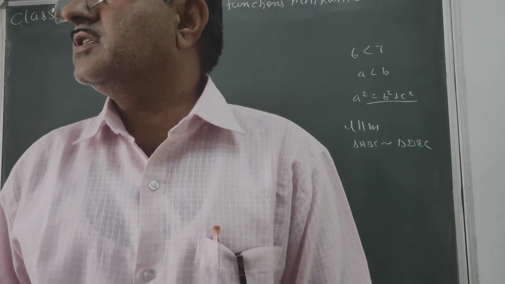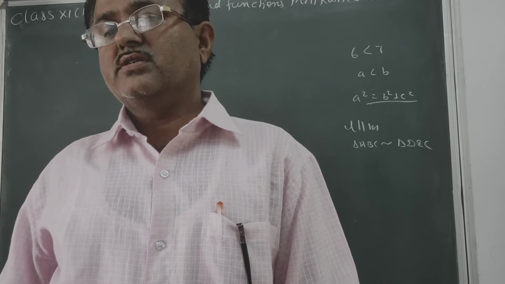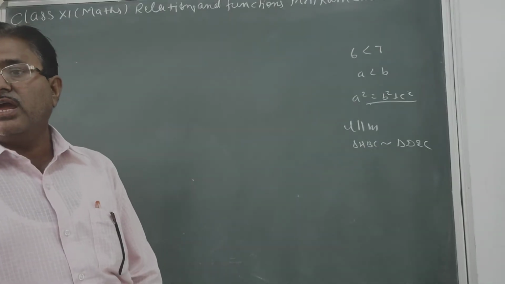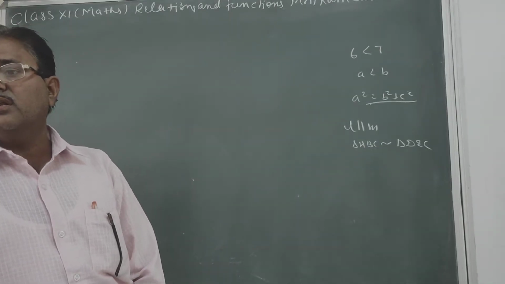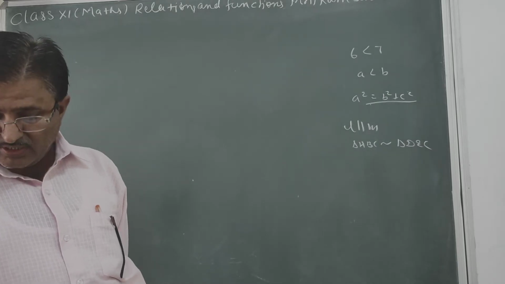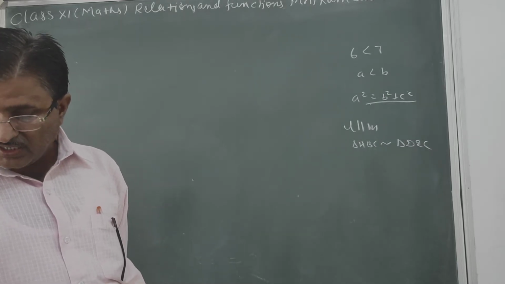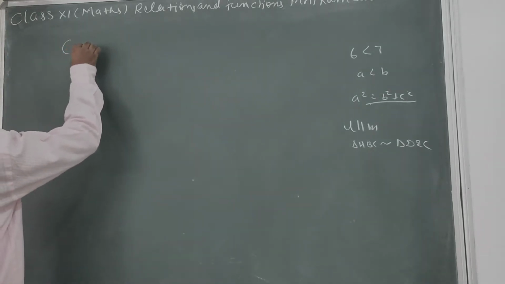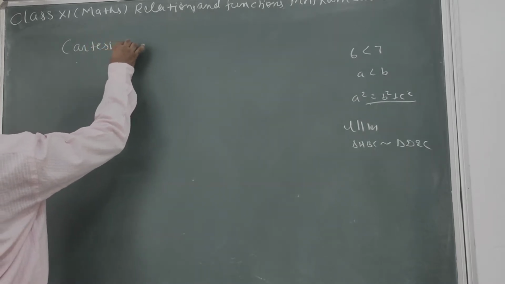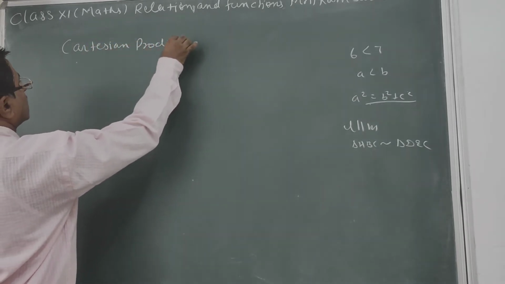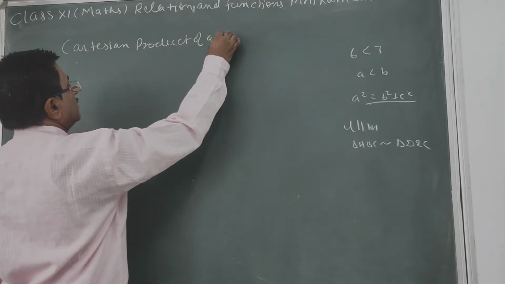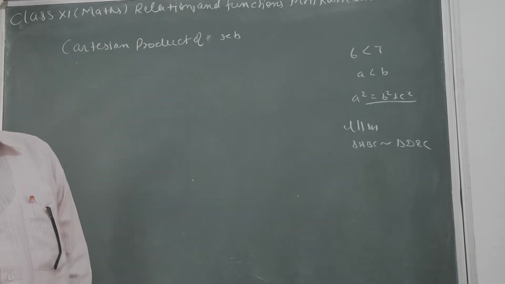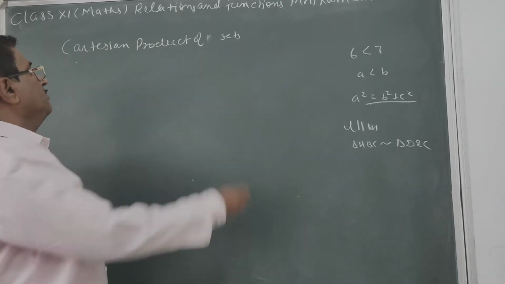So in this chapter we study relation as well as function. As you have already learned in the first chapter, sets, in set language we can see how a relation is defined from one set to another set. Before defining the relation, we have the Cartesian product of sets. You already know sets, then what is the meaning of the Cartesian product of a set? We find the Cartesian products of sets.